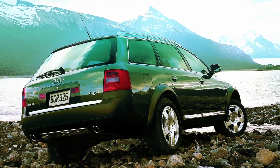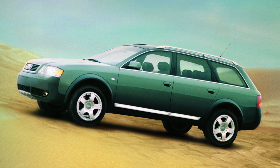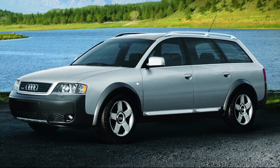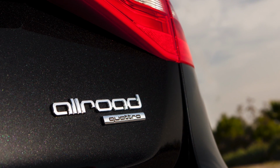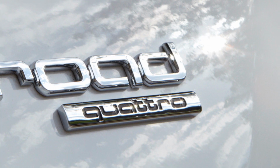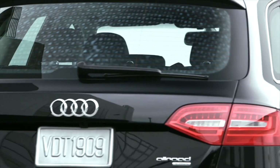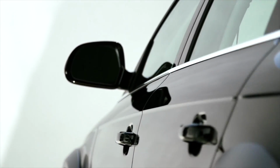The first Allroad sold from model years 2001 through 2005. It was based on Audi's midsize A6 line, and you could get it with a 335 horsepower V8. Today's second generation version, formal name Allroad Quattro, all lowercase, debuted for 2013. Based on the A4 compact car platform, it's 300 pounds lighter than the original and comes only with a turbocharged